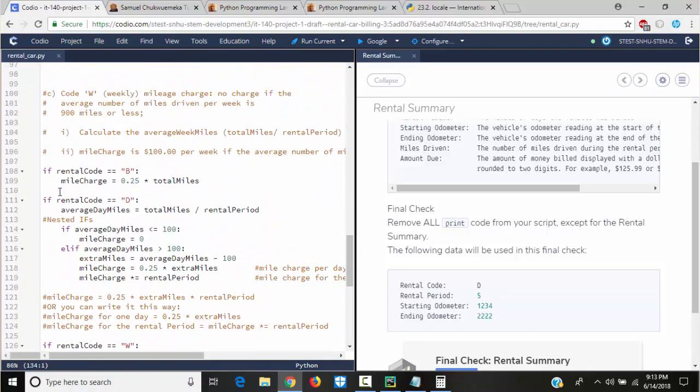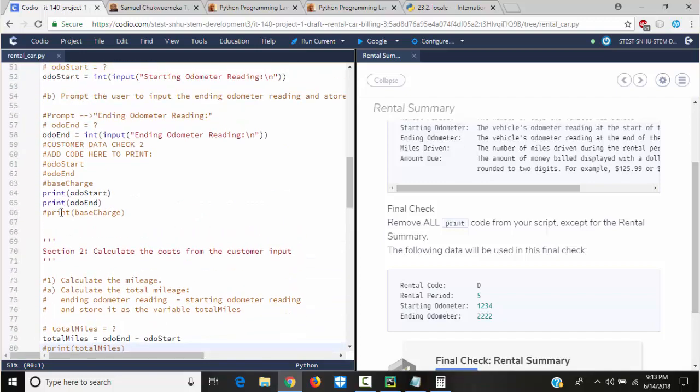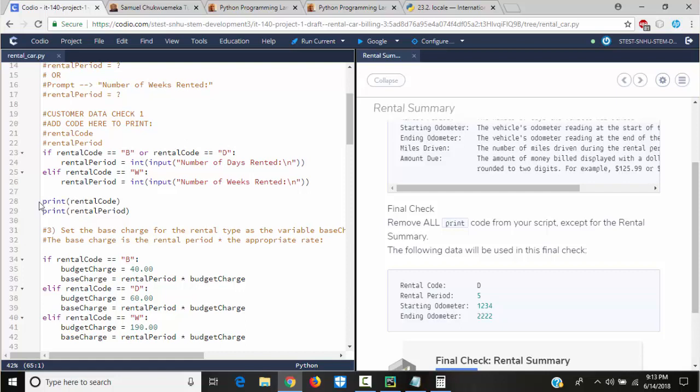Because it says remove all print code from your script. But I'm gonna comment it. Later you can remove it, but just I'm gonna comment it. Okay. Print. Comment this one. Comment this one out.